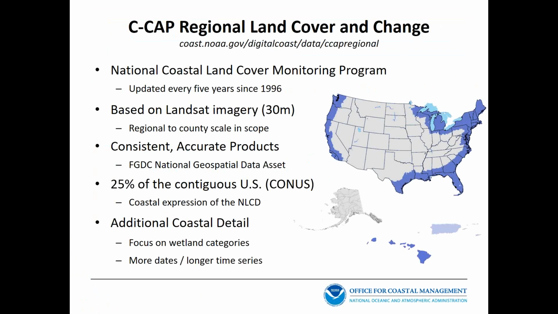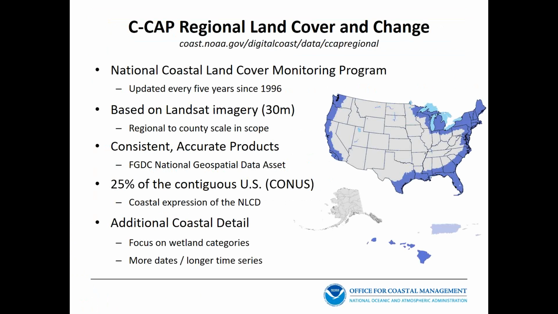And in production currently is the development of the 2015 data set, which will be rolled into the inventory in coming years. The data set is reviewed and QC'd in-house by NOAA,